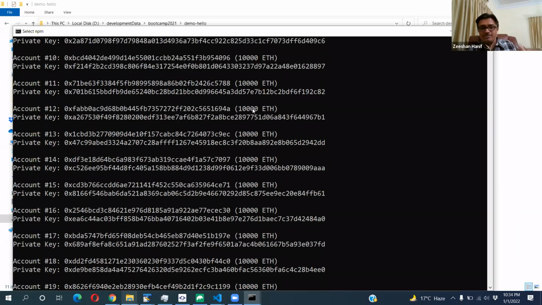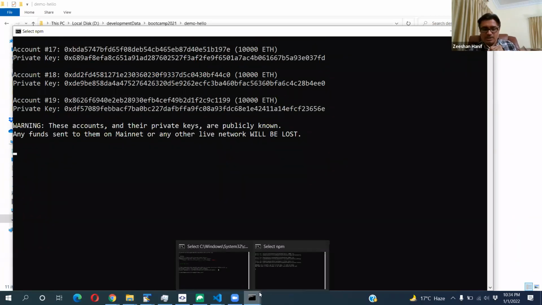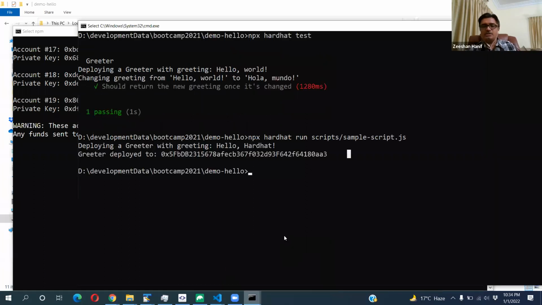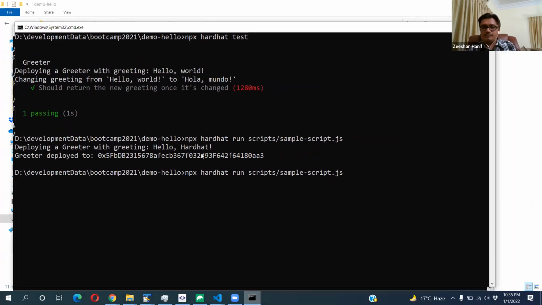Okay, so it keeps running. Now what I can do is I'll go to this terminal, and I'll pass the network option, and I'll say localhost. Previously when I ran it, it just created a temporary blockchain, deployed it, gave me the address and destroyed that blockchain.